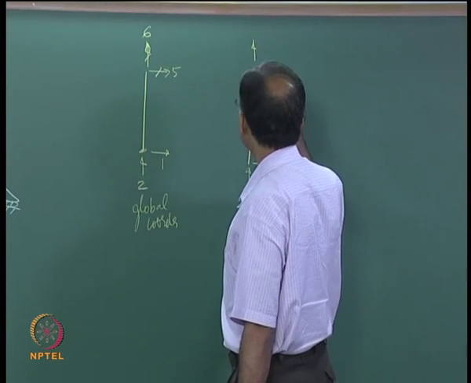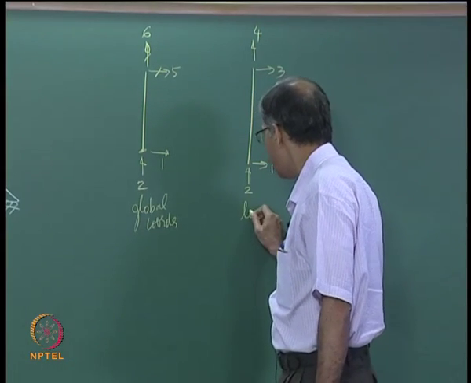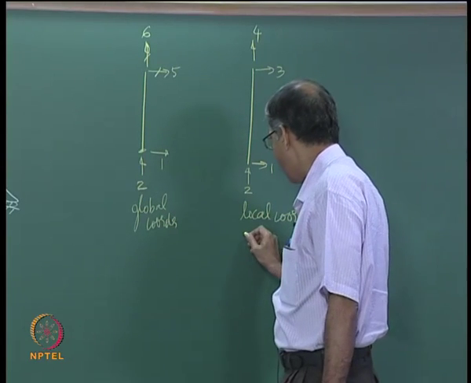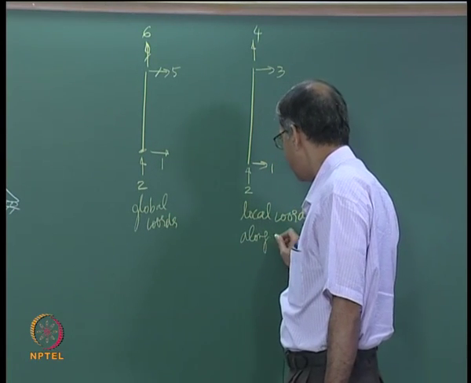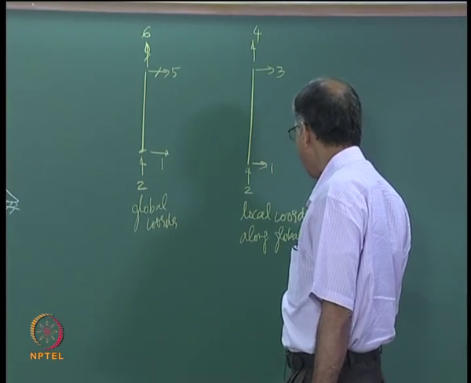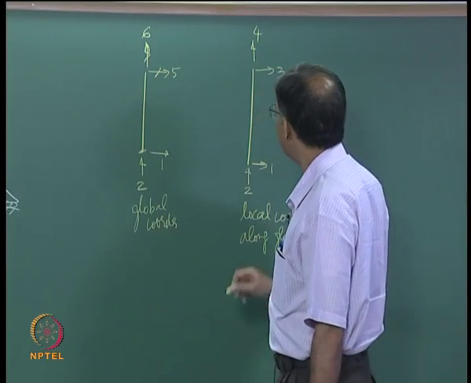This is 1 2 3 4. What is this? This is local coordinates along global axes. That means I have already aligned it in this direction, right. Now